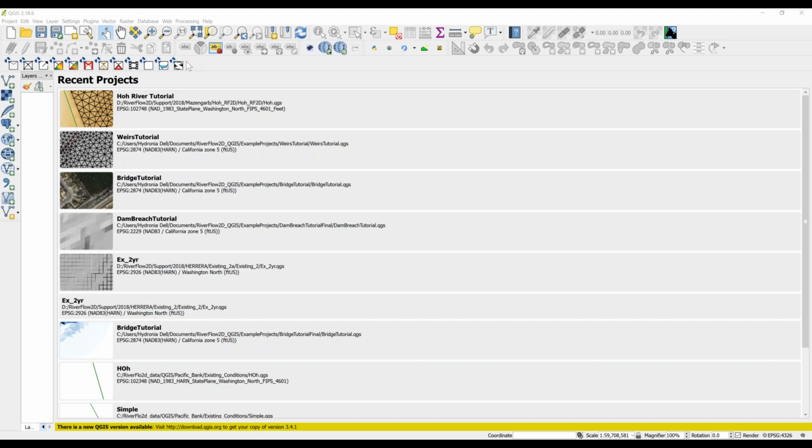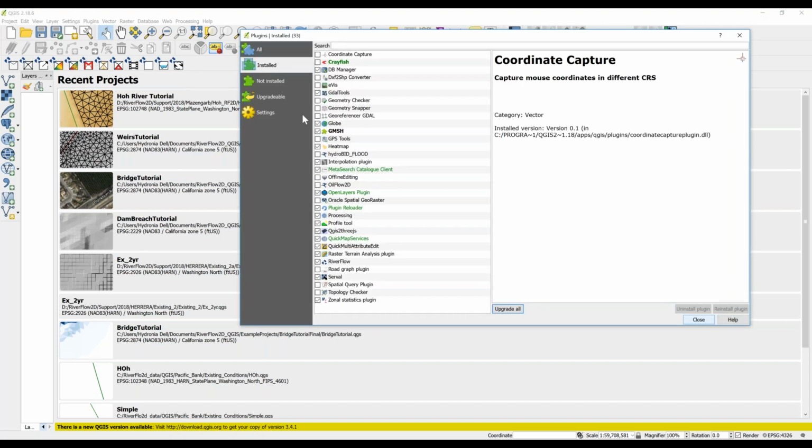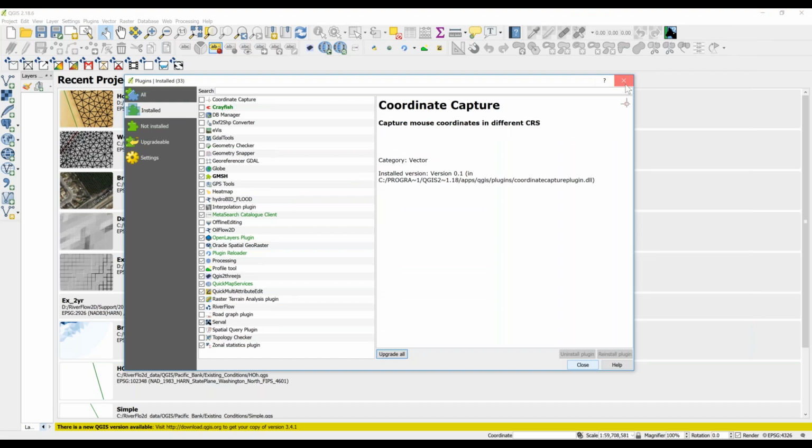If you don't see that when you open QGIS, you can come to the Plugins menu and click Manage and Install Plugins. And in here, in the installed plugins, you should click on the RiverFlow2D plugin, that is this one here. That will ensure that the plugin is correctly recognized by QGIS. Okay, so